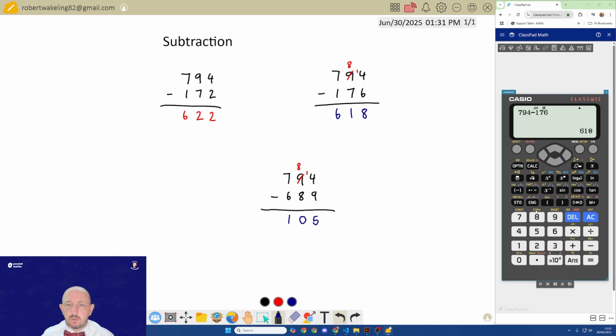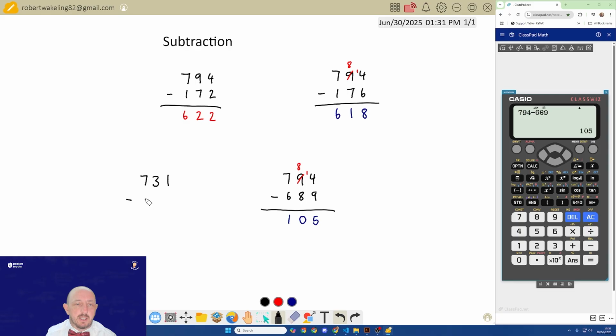So when we're doing these subtractions, we want to make sure that we've got everything lined up and that we're borrowing in the right way. So 105. What I'm going to try and do now is give us some numbers where we have to borrow twice, because that can happen sometimes. So let's try